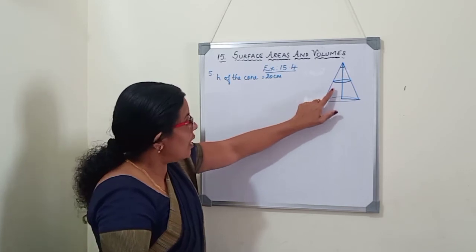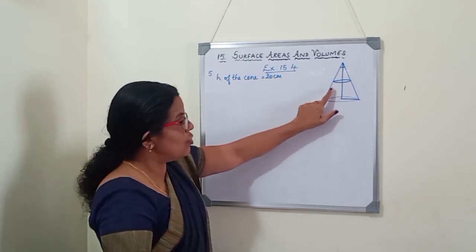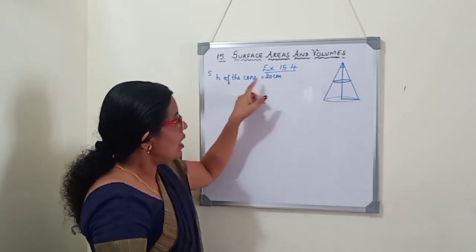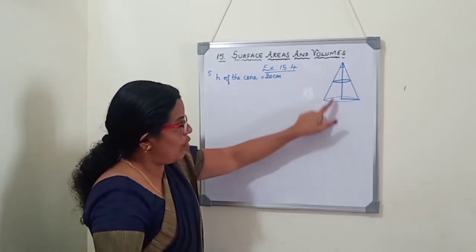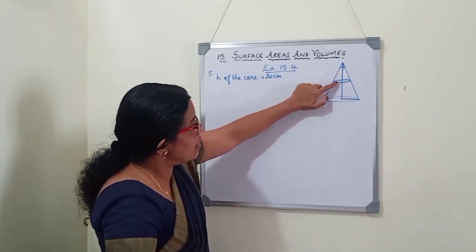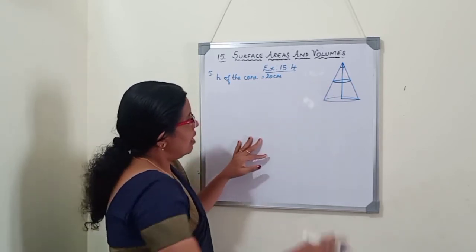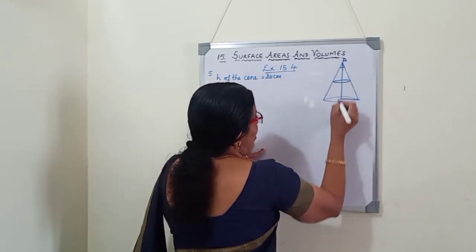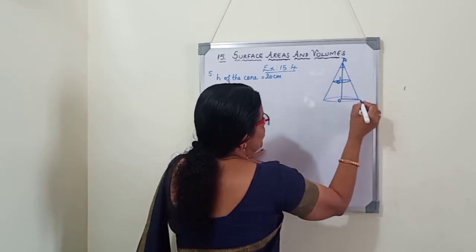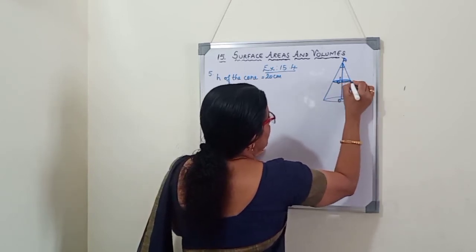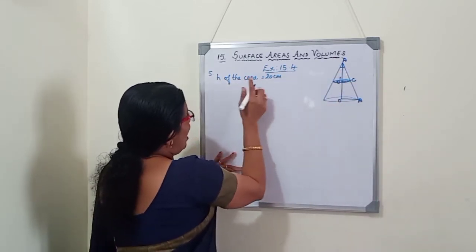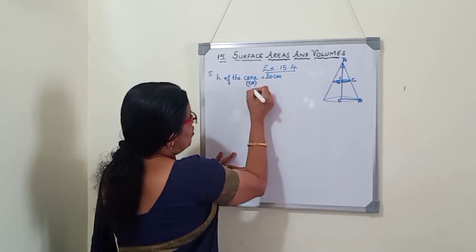So to find the volume of the frustum of a cone, we want to know what is R1 and R2. R1 and R2 are not given. We should find out the 2 radii, that is bigger radius R1 and smaller radius R2. It is given that height of the cone, full cone, is 20 cm and a plane will be cutting the cone into 2 equal parts at the middle. So if I mark this as A, this O, the center of this part is O dash, and this is B, and here the smaller radius is O dash C we will write. OA is the height of the cone.